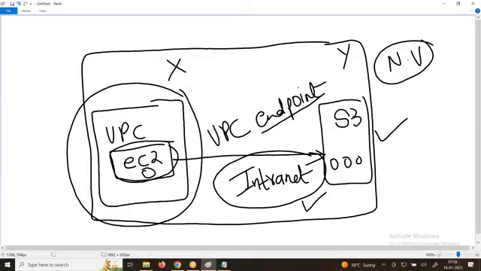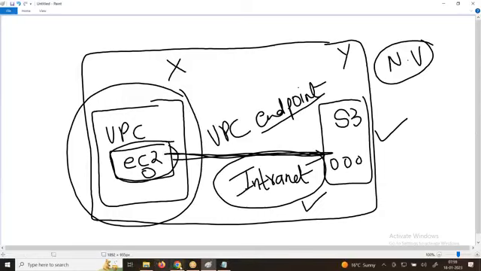Very simple, sir. The EC2 instance is there, in a private subnet. If a server wants the internet, it will use the IGW, internet gateway. Sorry, it uses NAT, because private servers don't have any capability to talk outside. So I will right click and stop the NAT, and then run some command to download. No need of NAT. NAT is the internet, right? NAT is not there, but the file will download. That is proof that it is not using the internet. It is using intranet capability. Locally, I can communicate. One AWS service can talk to another service.